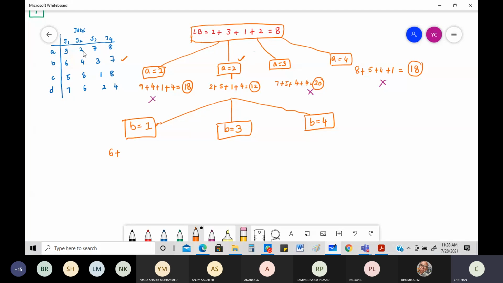Okay. So minimum among 2, 8, 6, which is minimum 2. I'm going to write that. Plus, see, I'm talking about assigning B1, sorry, J1, job 1, right? B1 is nothing but B and J1. Okay, so minimum, next one, J3, minimum among 7, 1, 2. 7, 1, 2, minimum is nothing but equal to 1. Okay, then minimum among 8, 8, 4, equal to 4. What's the cost you get? Okay, this is nothing but equal to 13.